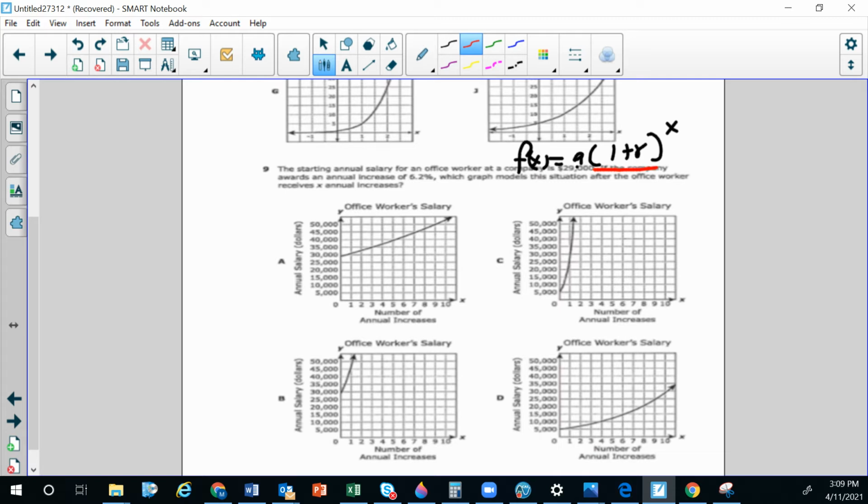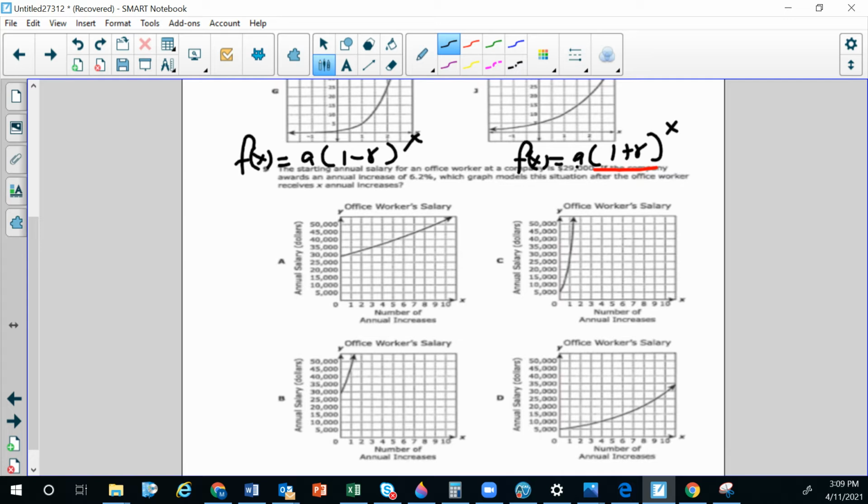Now, if this was a decay, then my equation would be f of x is equal to a times 1 minus r to the power of x. And how do we know that this is